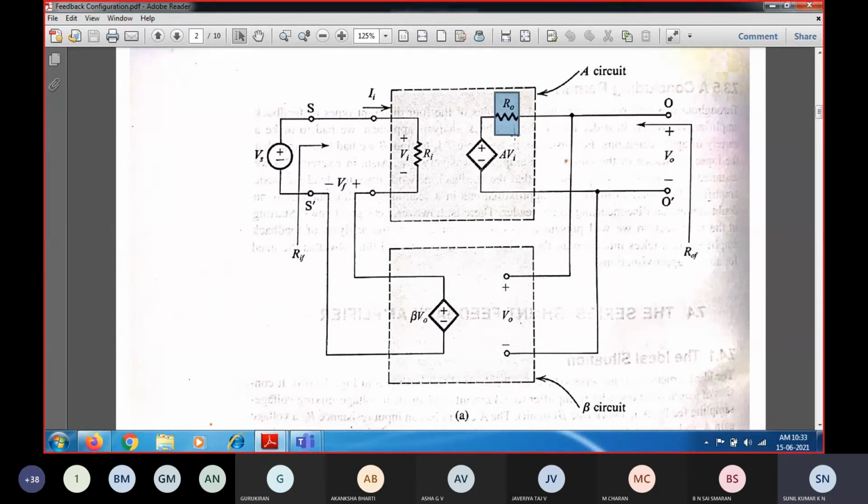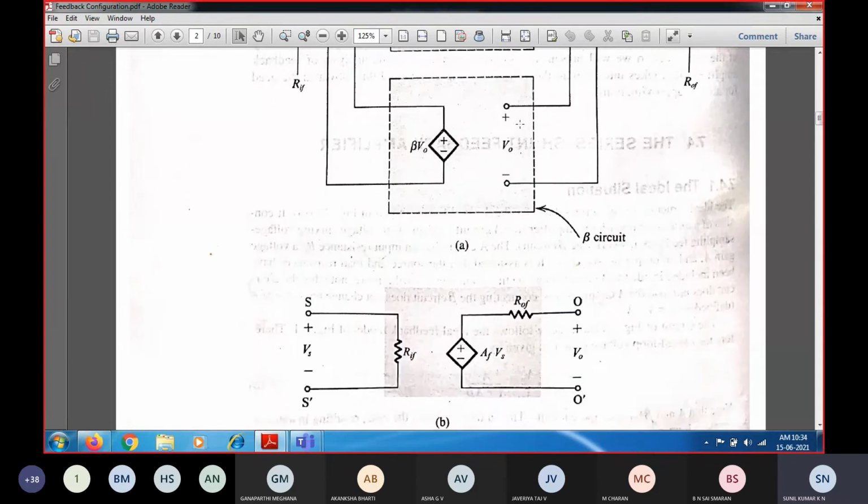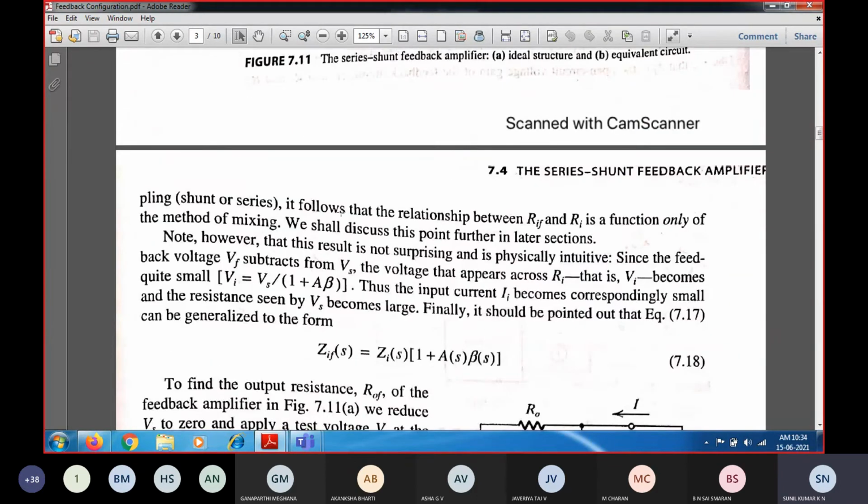So that is the procedure I have just told when I was discussing how to find the output resistance calculation. When characterizing the amplifier, I told you about input resistance, and we are going to do output resistance the same way. We are going to follow the same procedure: connect a test circuit voltage and apply a current that is flowing. How much current is drawn, and what is the voltage across this terminal, determines the output resistance of the circuit. In the same way, we are going to find the output resistance.